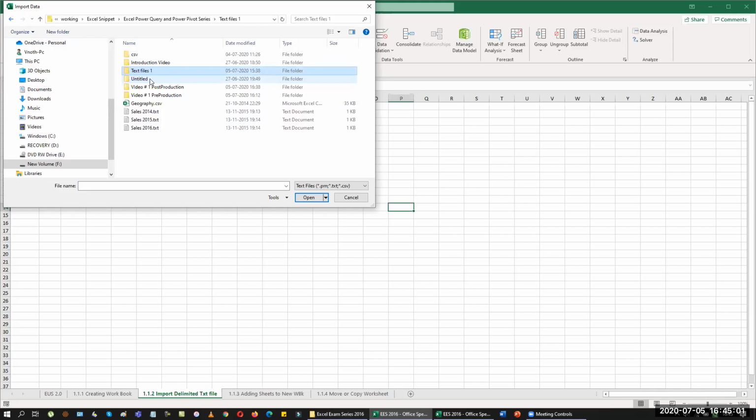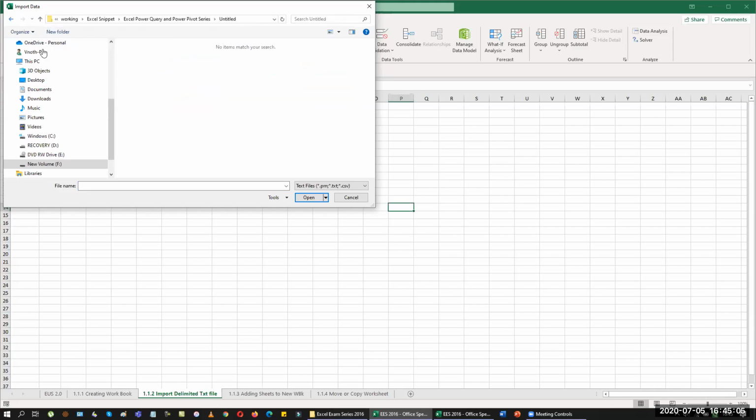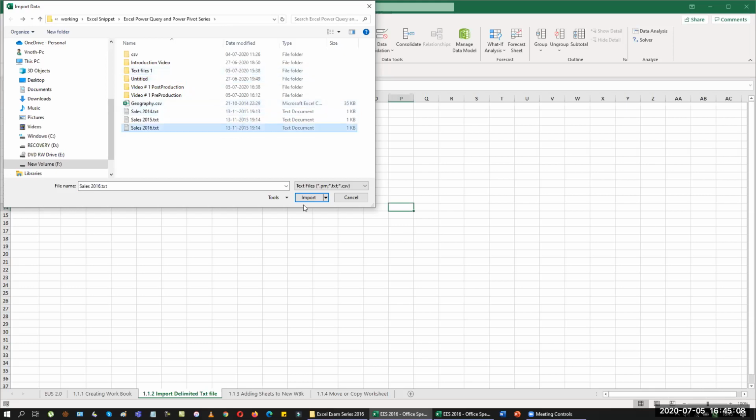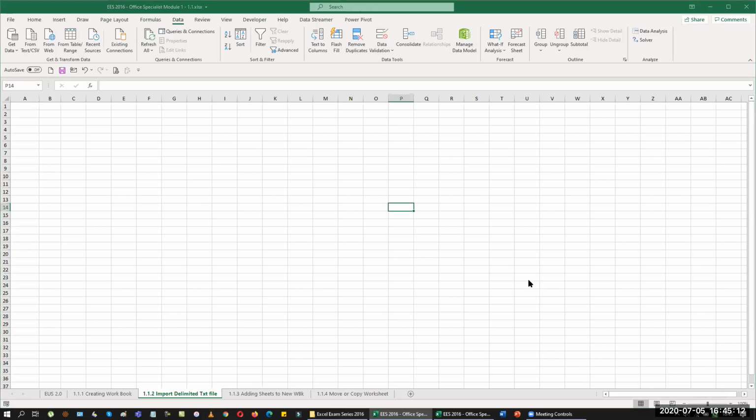Now I'm going to take one of the files that is text in nature. Let me see whether I have something else here. So I don't have it. So let me take one data which is here. Then it automatically opens the next box for us, which is called a Power Query Editor.